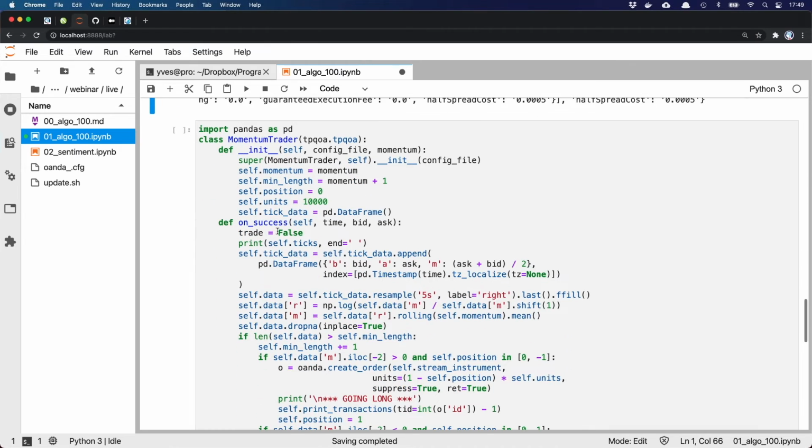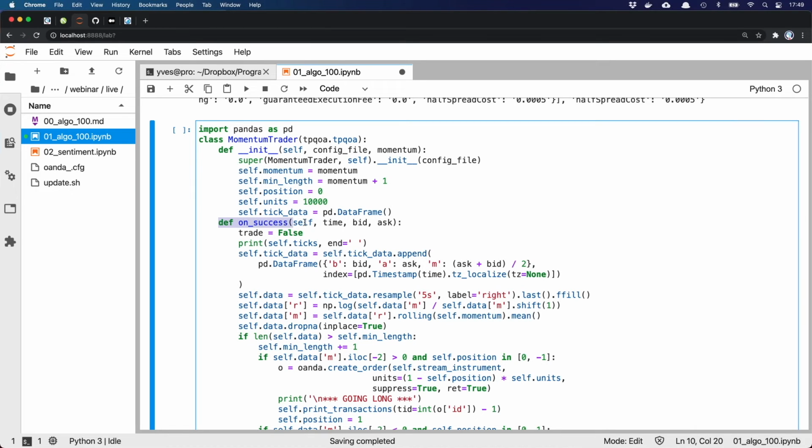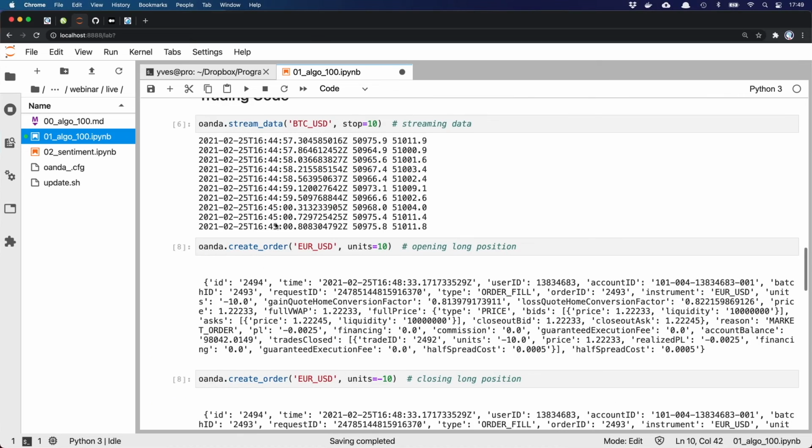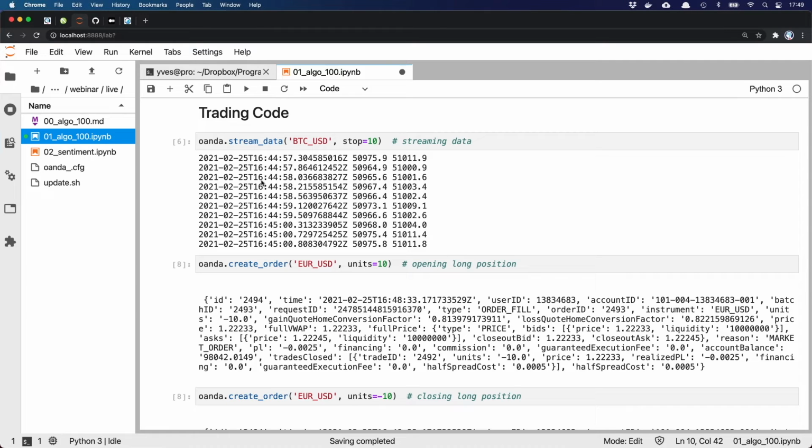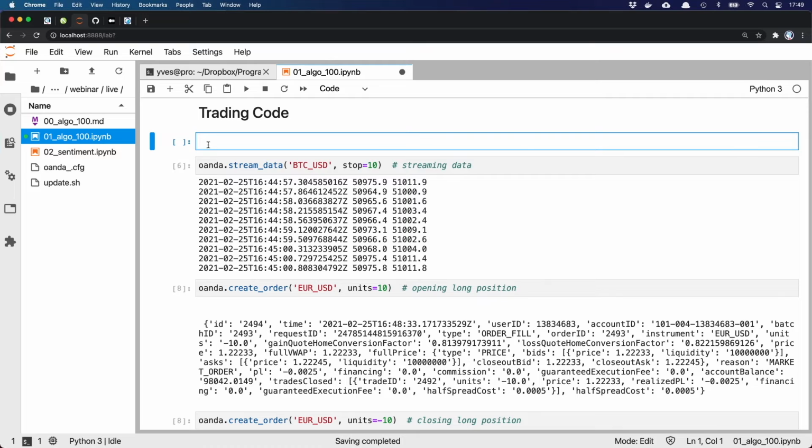So when we have a look at the code here, it inherits from the major class, and the method that we use here is the method onSuccess. So this is the method that is called whenever there is a new set of data, time, bid, ask, that is retrieved. Right here we had the very simple case, and by default, I can show you the on success.